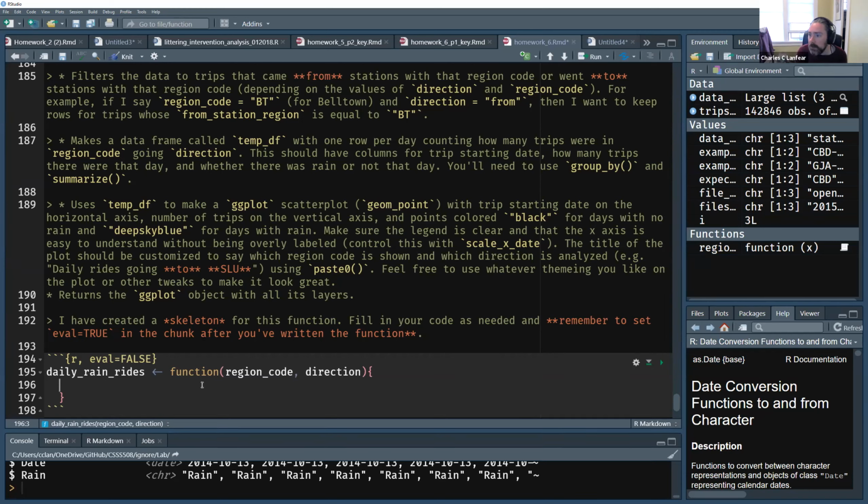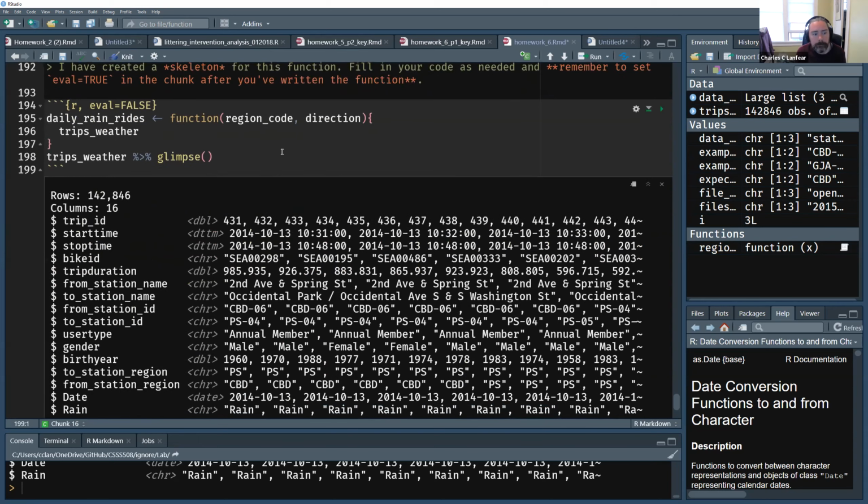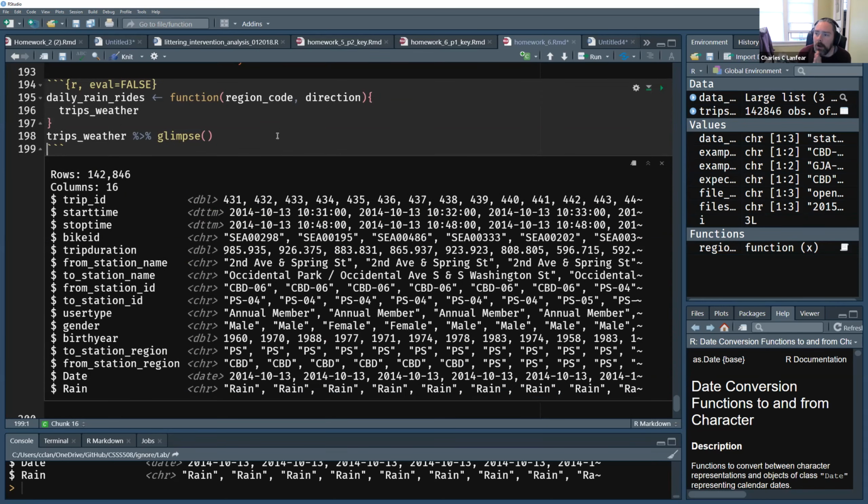So we're always going to use the same data. These data are trips, weather. So if I want just the rows, let's just say for now, it's the CBD region. What would be the code to filter down to my region is CBD, my direction is 2? Well, what's the data look like? Okay. So here is the to station region and the from station region,